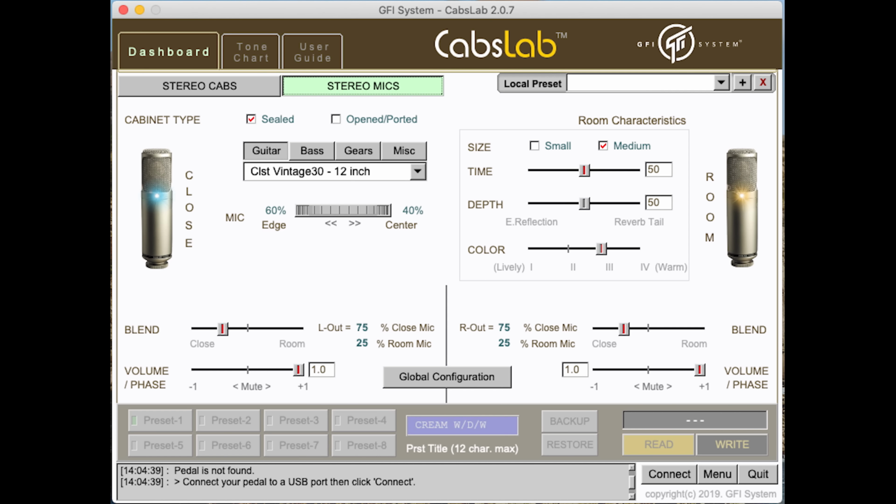Typically to emulate the classic wet, dry, wet settings. A lot of those speaker cabinets back then mostly used Vintage 30s or EVM 12Ls. There isn't an option for an EVM 12L on the Cabs Lab. I'm just using a typical 57 and a little bit of a room mic and just trying to mic them